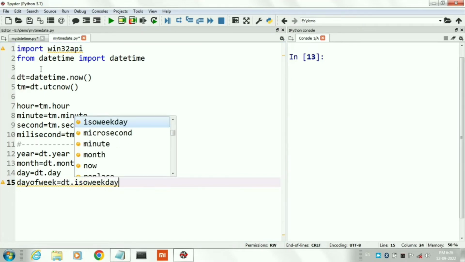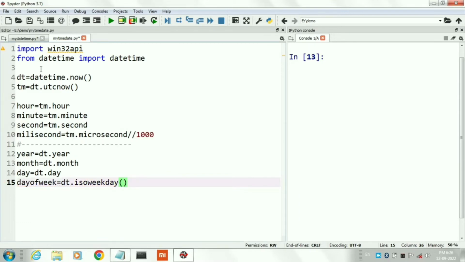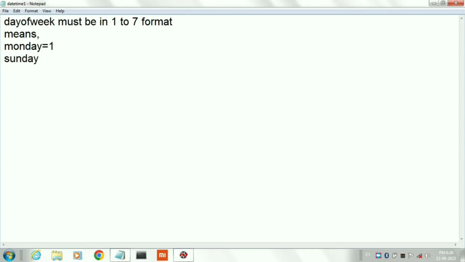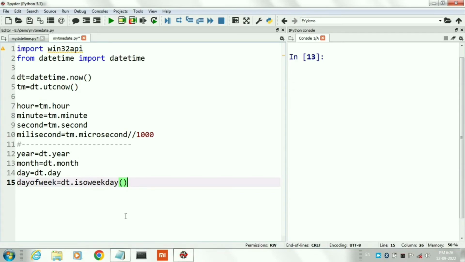Here we will have to use isoweekday function in place of weekday function, because here we require day of week as 1 to 7 format, means Monday equal to 1 and Sunday equal to 7, whereas in weekday function we get 0 to 6 format, where Monday equal to 0 and Sunday is 6. This is the ending of second part in this program.